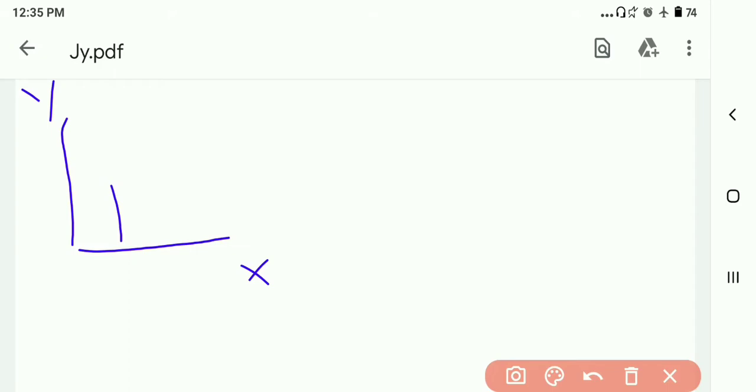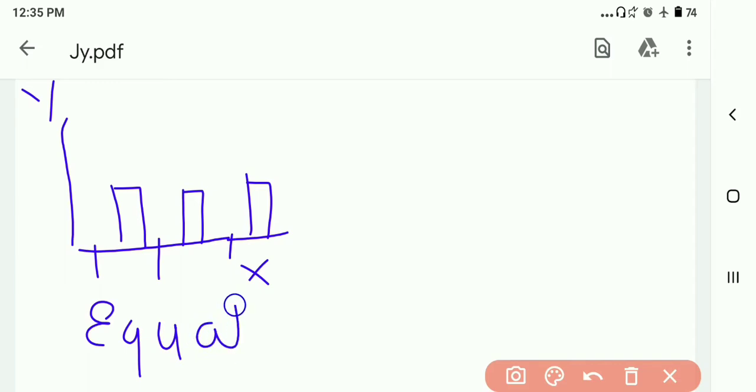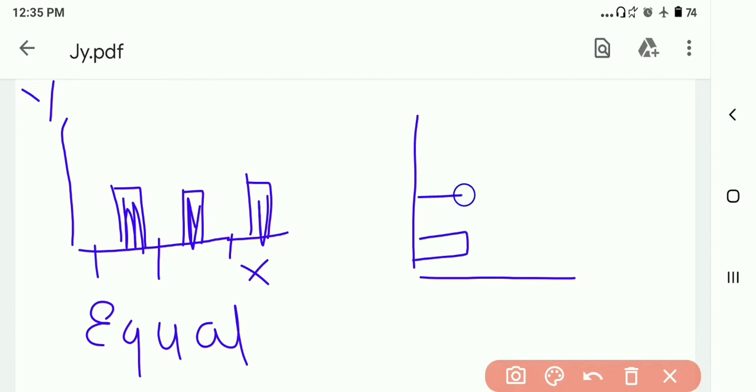When you are making bars vertically with equal spacing between them, there is equal spacing between the bars. This type of graph is called vertically erected bars. Why? Because here the bars are vertically erected. But if we make the same graph with horizontally erected bars, it is a horizontally erected bar graph. Again there is an x-axis and a y-axis. You can make any type of graph.